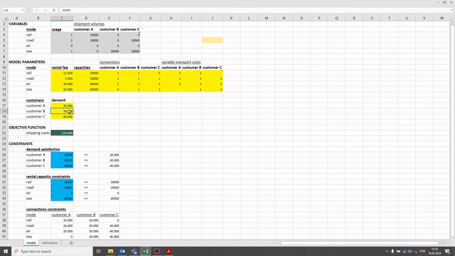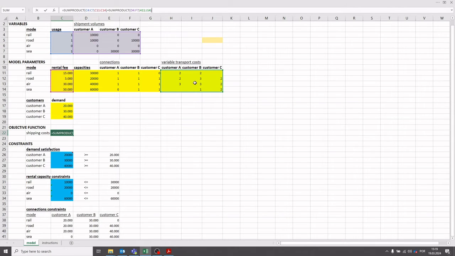And the last set of input data that we can specify and change is the demand data. So those are the demands of the respective customers that have to be satisfied by the model. The gray cells, as always in my Excel solver models, those are the cells that can be adjusted by the solver. So Excel solver will try to change these values considering the input data in order to optimize the objective function. The objective function is here in the green cell, and in this case the objective function is, as you can see, the sum